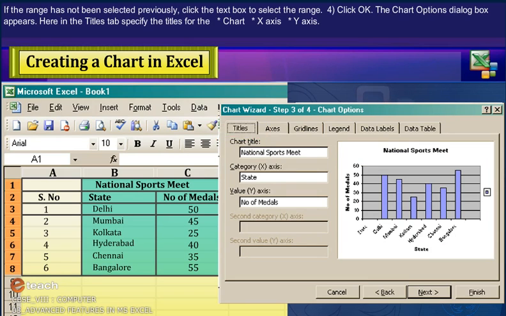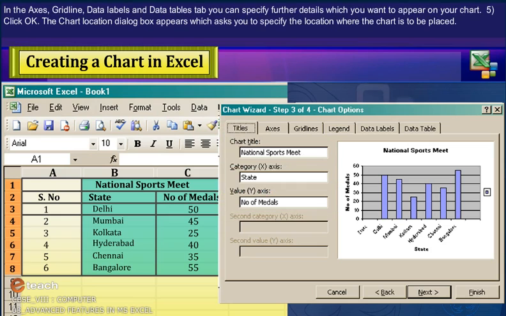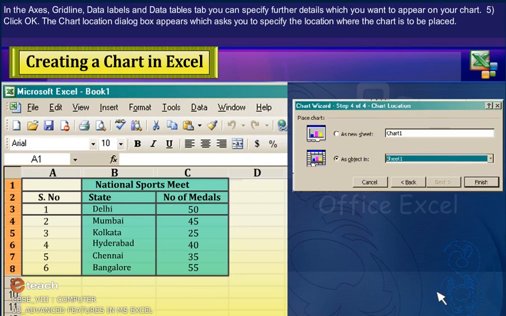Here, in the Titles tab, specify the titles for the chart, X-axis, Y-axis. In the Axes, Gridlines, Data Labels and Data Table tabs, you can specify further details which you want to appear on your chart.